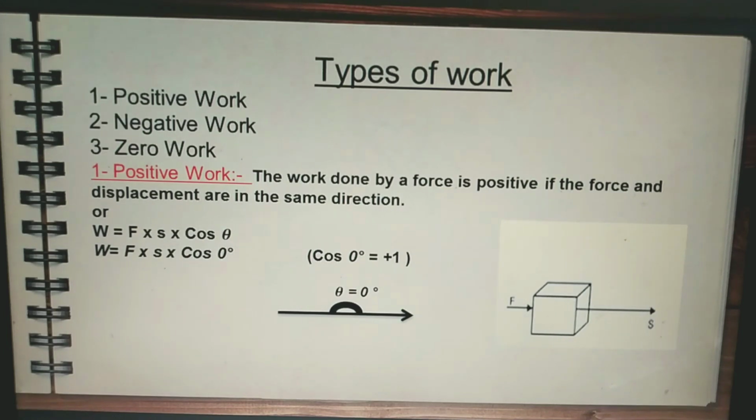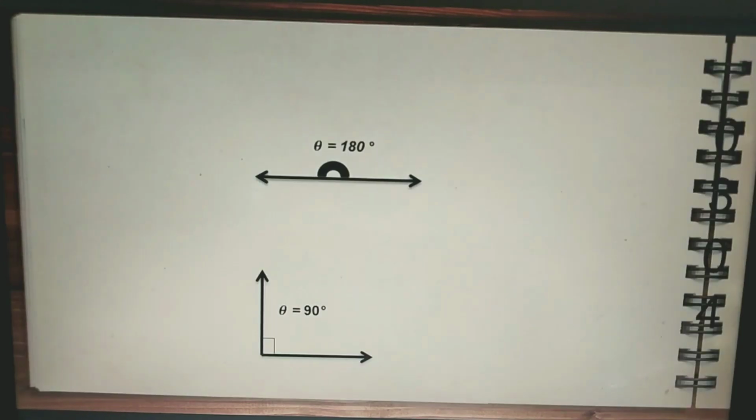Now see the first diagram here. W = Fs cos theta. तो theta is representing angle here और यहाँ पे theta जो है that is 0 degree because there is no formation of angle here. तो 0 degree हो गया and cos 0 degree की value होती है +1. Now we will put the value of cos 0 degree. We will get W = Fs × (+1). Then the work done will be positive.